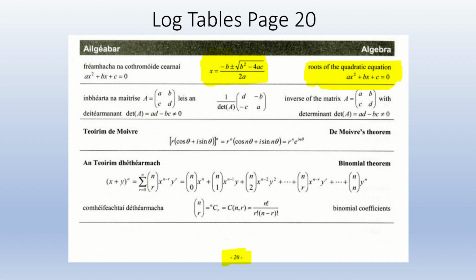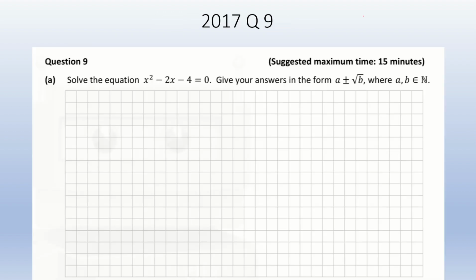But you're not asked, oh, where does this come from, in your junior cert. You're just asked to learn where and when to use it and to be able to use it correctly. So enough of me talking. We're going to go straight to 2017 question 9, and your question asks you to solve the equation x squared